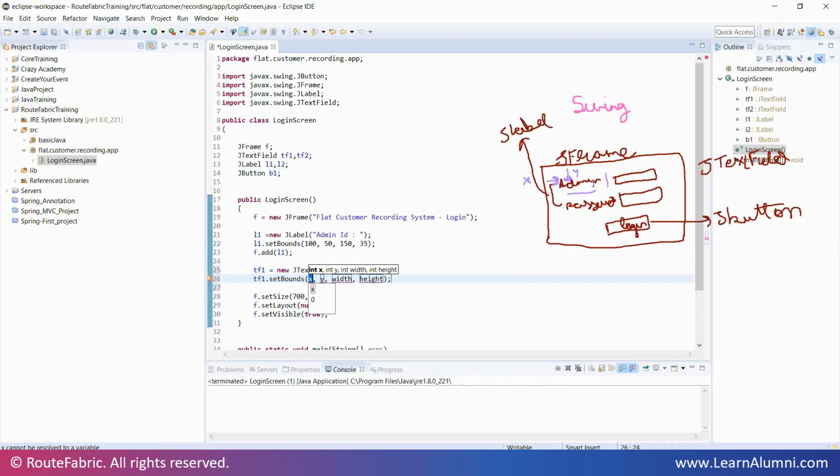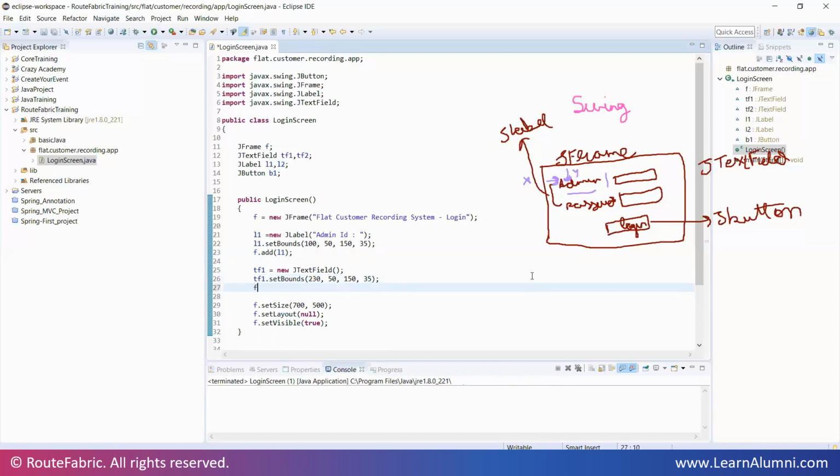Why? See, over here in the application, on the screen that I have drawn, your x-axis will remain in the same row, but y-axis will change. Oh, sorry, x-axis will change, but y-axis will remain the same, in the same row. That is why x-axis you can keep because breadth was this. I'm just keeping it as 230 something, shifting it. And then y-axis will be the same, so that is 50. Length will be 50 and breadth will be 35. Everything the same. Then next thing is to add this to my screen, right?